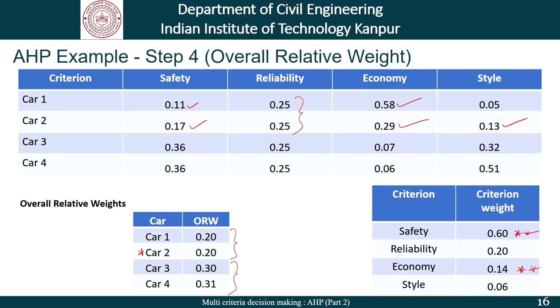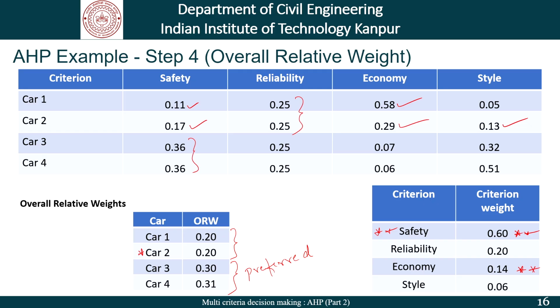Similarly, if we go to car 3 and car 4, we see that car 3 and car 4 are actually preferred options. They are preferred over 1 and 2. The main reason behind that is both these cars have a high safety score. Since safety had higher weights in our analysis, we see that the results favor these cars. Again, if you compare, one could say that car 4 is more preferred than car 3. Let us understand why that is the case.